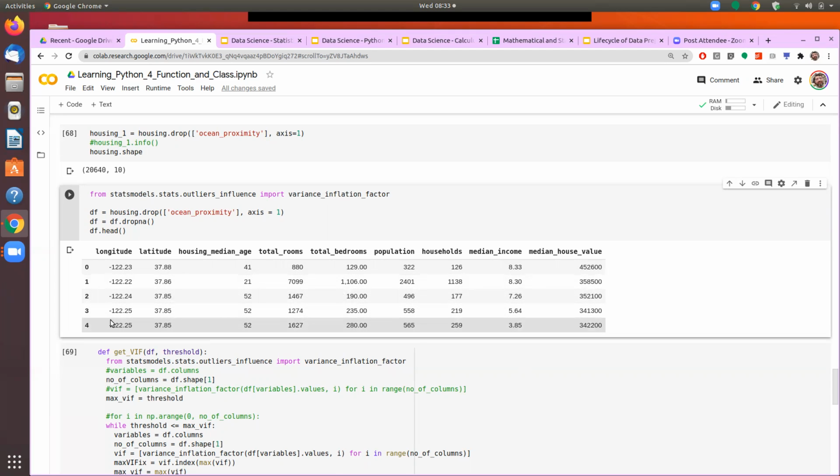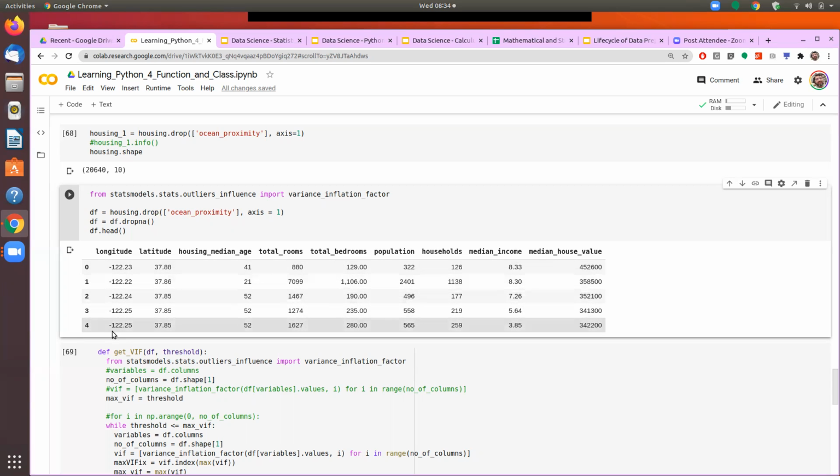And then you find out, you inflate that. And how do you inflate that? By taking 1 divided by 1 minus R square. So what happens if the R square is higher, then the denominator becomes smaller, and then the value of VIF becomes larger. So say if the R square is 0.99, then you will take 1 minus 0.99, so that will become 0.01. So it will become 1 by 0.01, the value will become 100. That's how it gets inflated. That's why it is called the inflation factor.